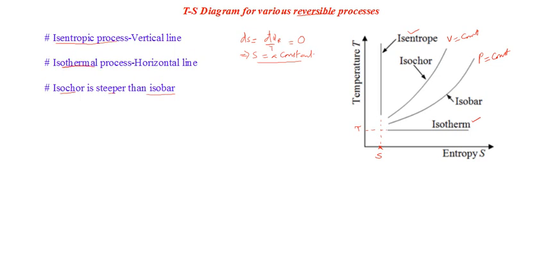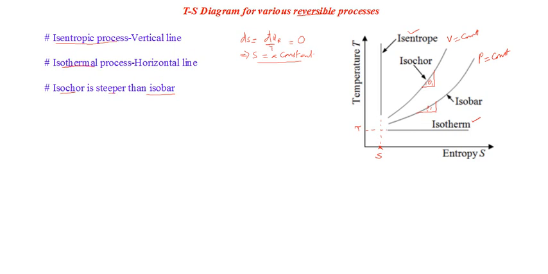The catch of the topic is: what is the slope of this graph? It will give you a hint how to proceed and prove that isochore is steeper than isobar. Mathematically, we find the slope by finding tan theta for the given diagram, right? Maybe theta 1 here, theta 2 here. You compare the value of tan theta at the particular point. That's what we usually do. So what will be tan theta here?